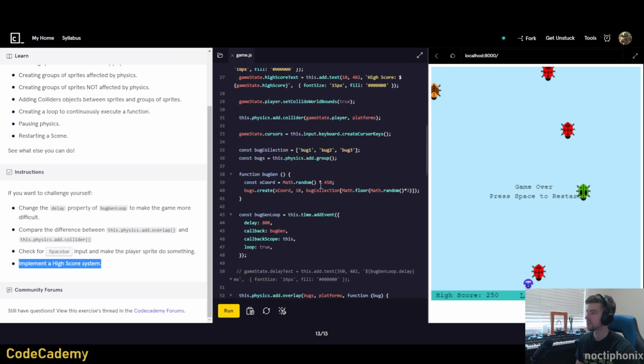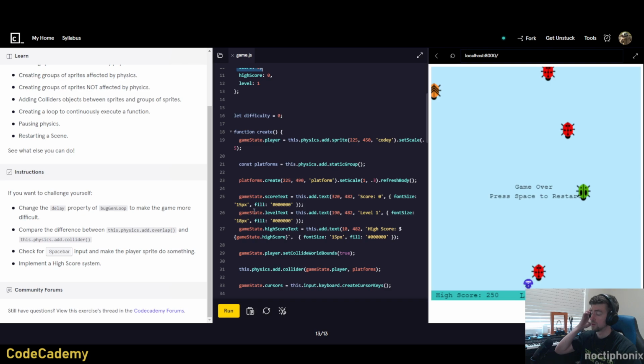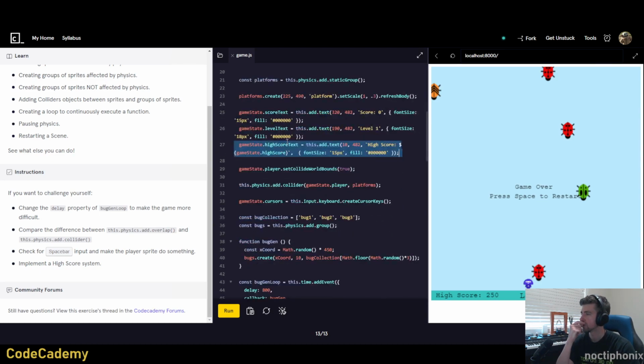The high score system, we'll go over that next. So the high score, basically you just need to set another property within the gameState object and then display it just like we did with score. So underneath the gameState.score text, I added a gameState.highscore text with the same properties as score, except it's moved over to the left side of the screen. And then the logic for that, if we go to like high score,